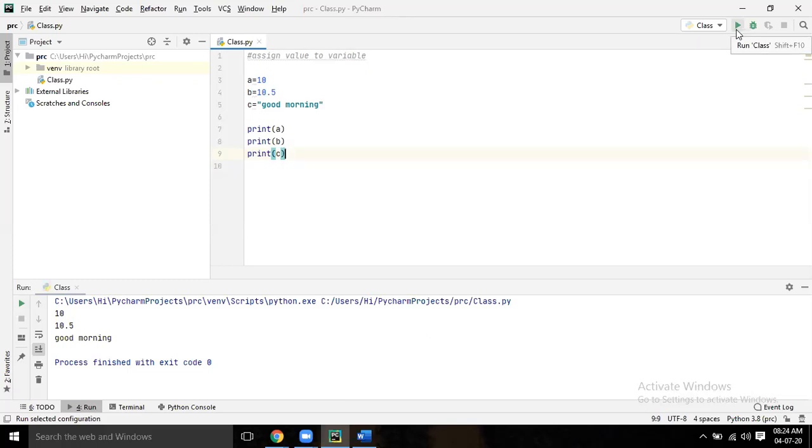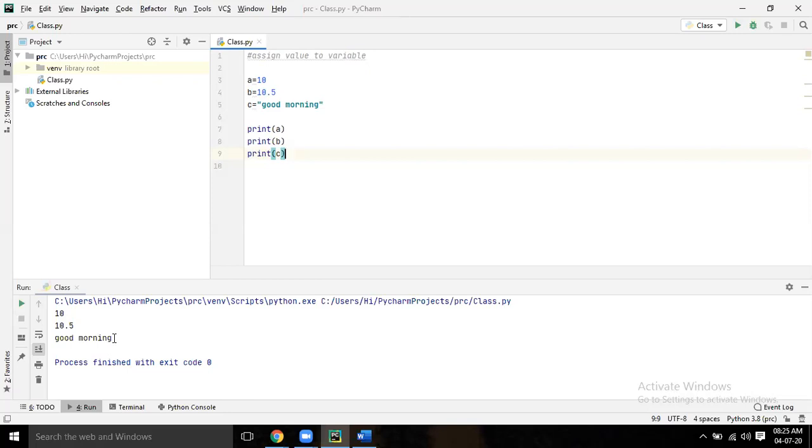Okay, so you can see here what I am doing: assigning values to a variable. The first topic is assigning values to a variable. Here variables are a, b, and c, and I am assigning a as 10. 10 is nothing but a number. b equal to 10.5 is a float or decimal. c equal to a string.